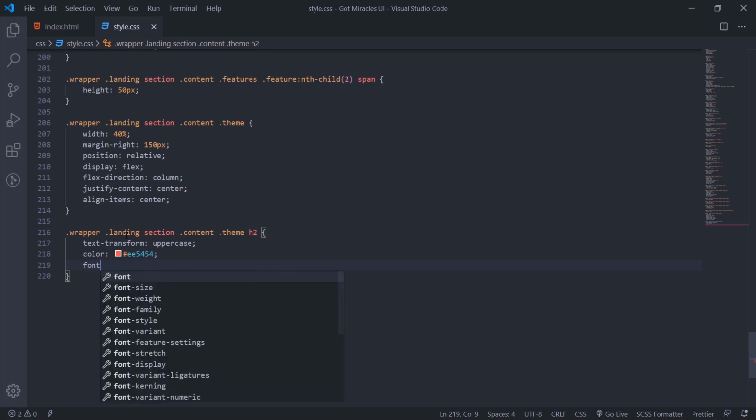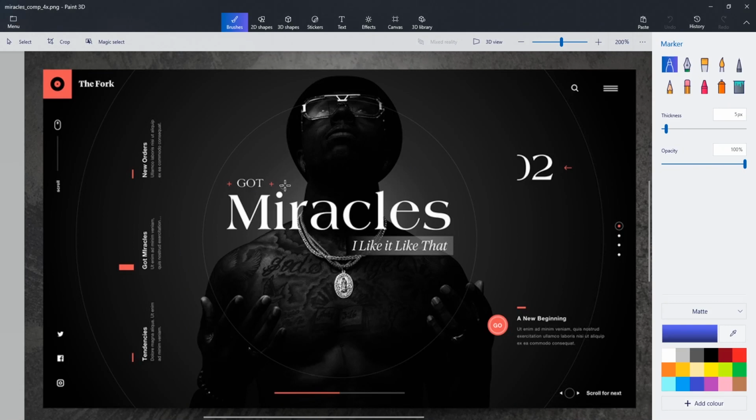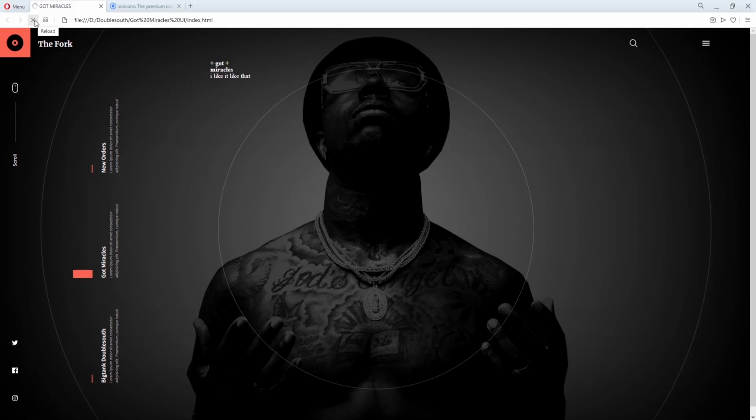Font size will be 1.5em, align-self to flex-start, and I'll set overflow hidden. What flex-start does is that instead of staying in the middle, it pushes to the start on this side, just the way you see. By the time we do the animations, you can see the effect.